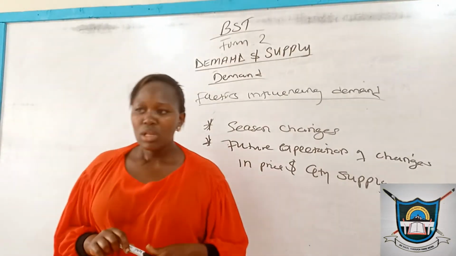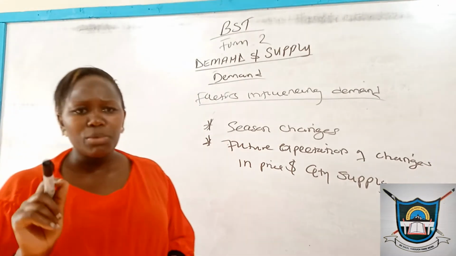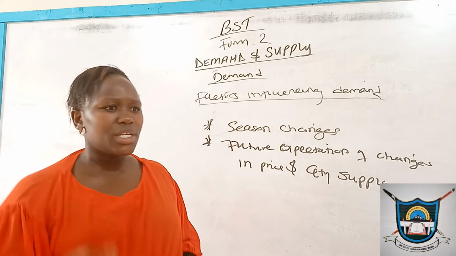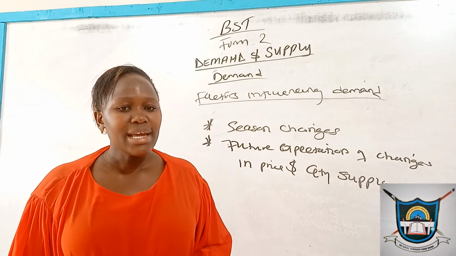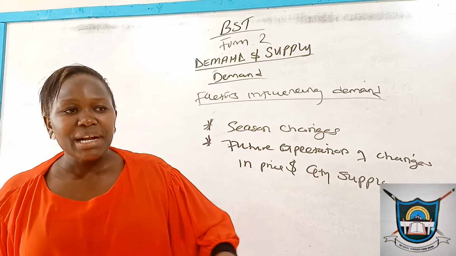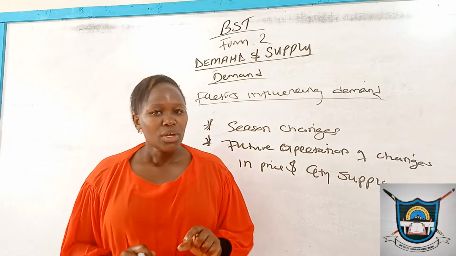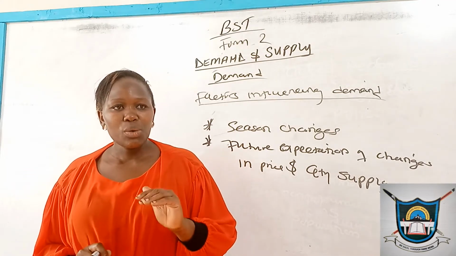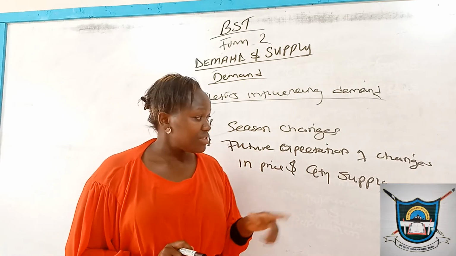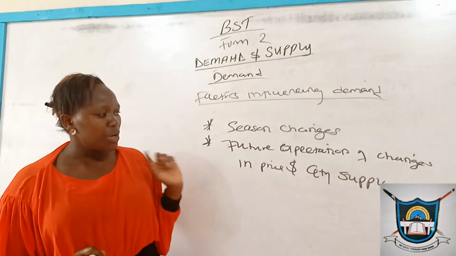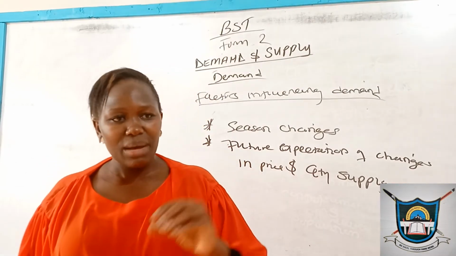For example, if consumers know that the price of a particular commodity in the next 2 weeks will have gone down, they may prefer not to buy, awaiting to buy when the prices go down. And then it means during that particular time, the demand for that particular commodity will have gone down. Again, when they are expecting the supply in the market to increase within a given period of time,